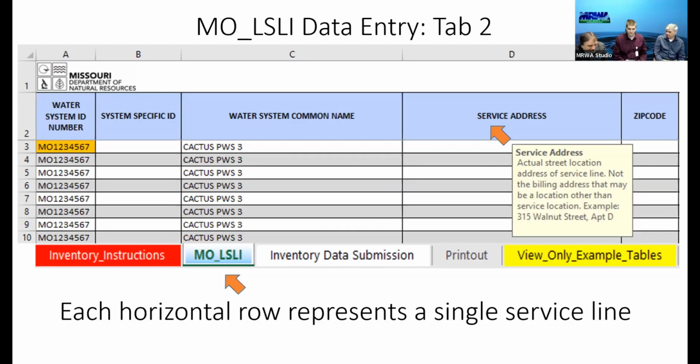There are some water systems out there that I've talked to before that have a service connection number, so that number's never going to change. So if water systems want to start adopting a service connection number, they can put that in there. And that'll be a number that never changes. The address is always going to stay the same, but a customer number could change and your meter number can change.